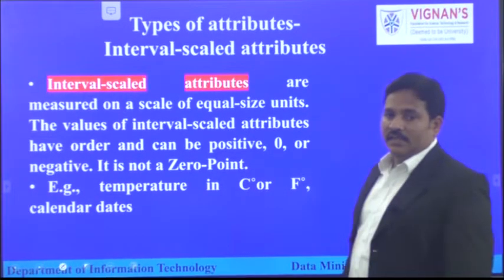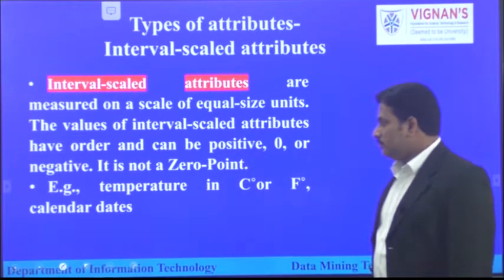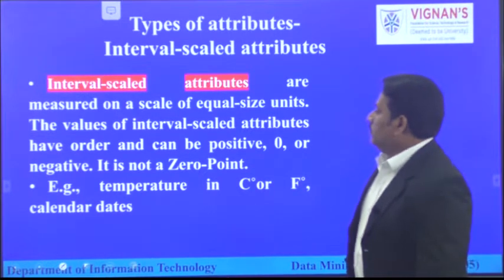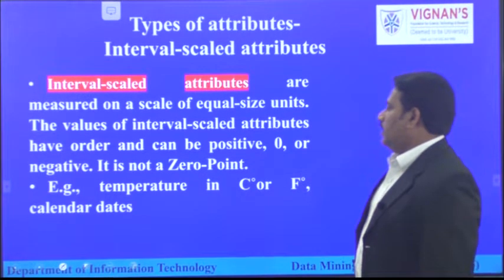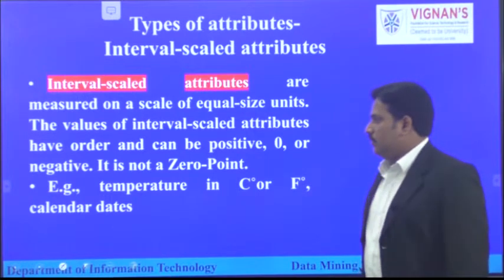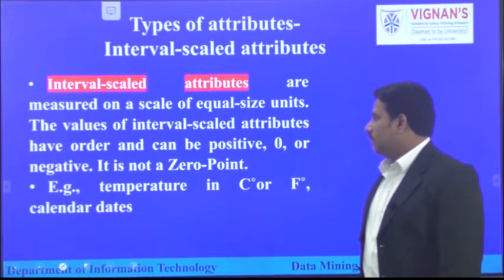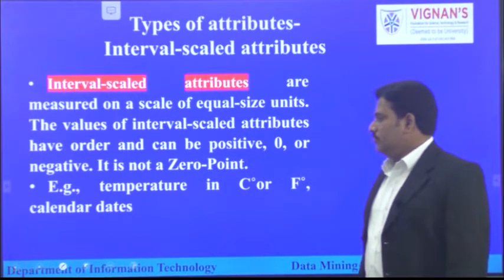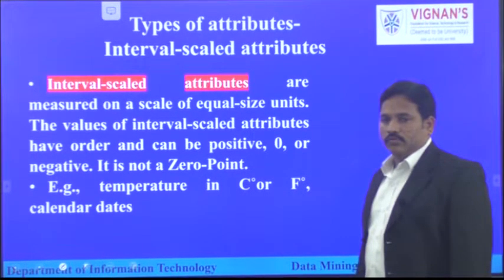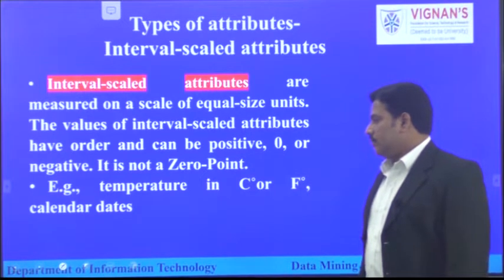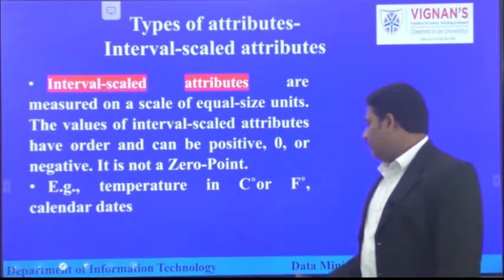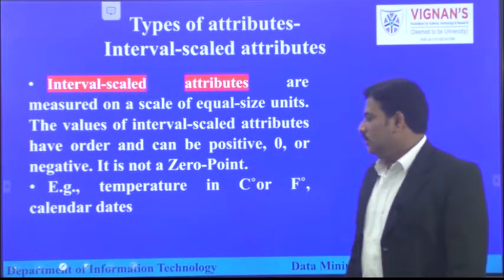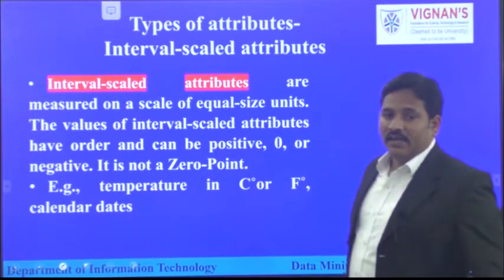Now we'll see what an interval scaled attribute is. That means these values are measured on a particular scale of equal size units. Interval scaled attributes have an order and can be positive, 0 or negative. For example, when we are representing a temperature, it can be Fahrenheit or Kelvin. When we are storing calendar dates